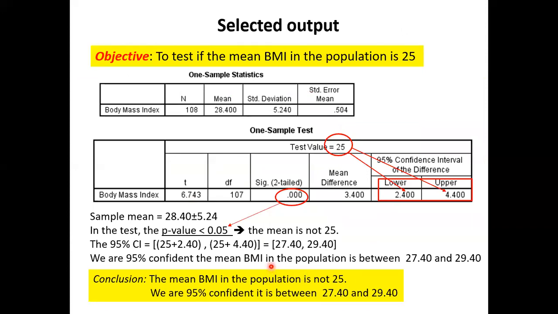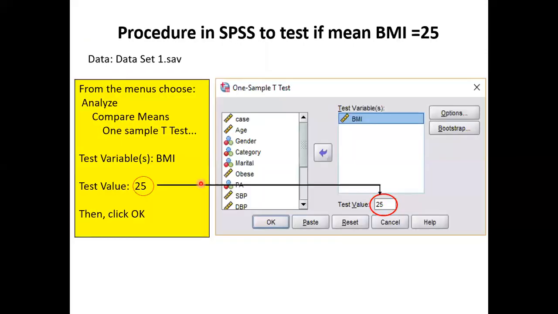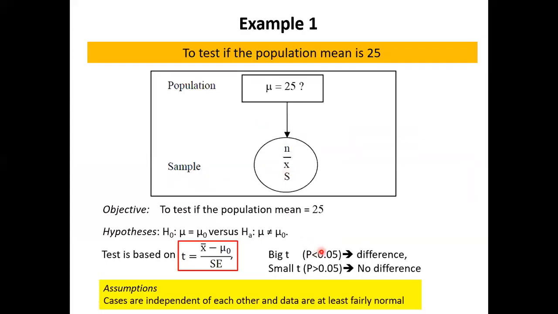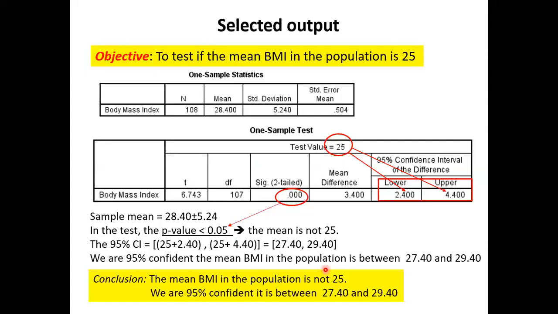Okay, just now I said p-value; that's the Sig value. SPSS reports it like this, and we say less than 0.05. Of course, you can say less than 0.001, which is of course less than 0.05. Just now we said to check the p-value, whether it is less than or more than 0.05. In this example, the p-value is less than 0.05. We want to know whether the mean is 25. Since the p-value is less than 0.05, we conclude the mean is not 25.